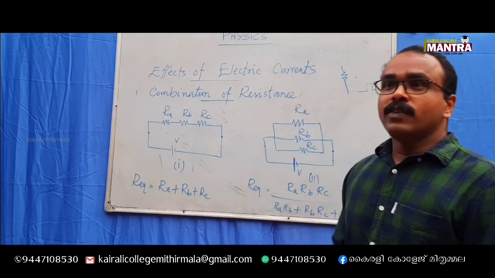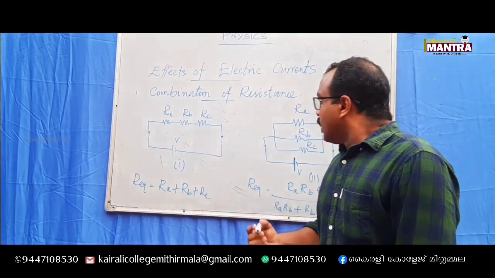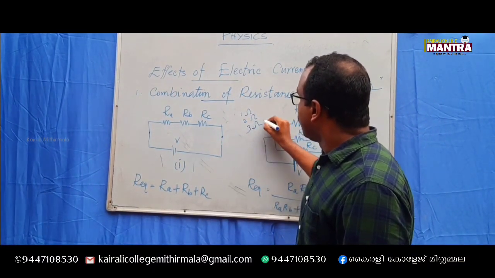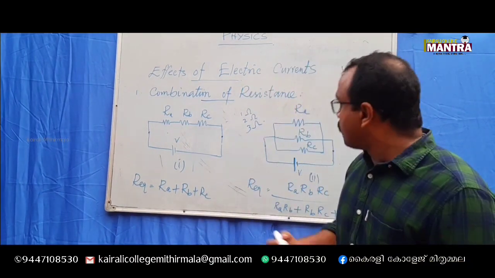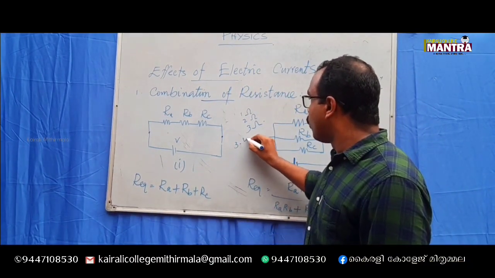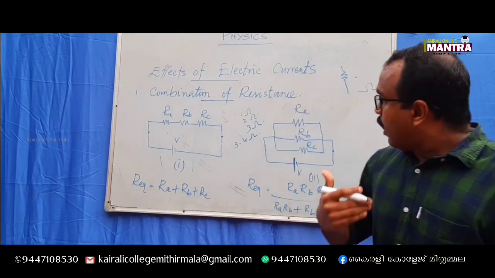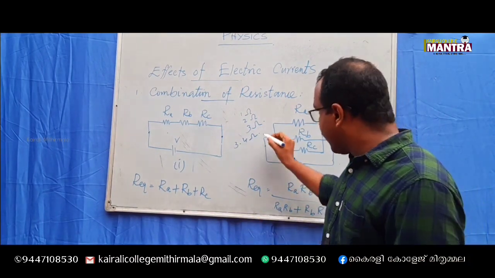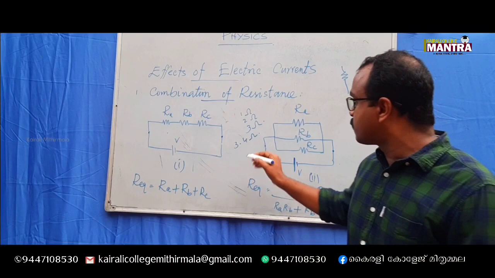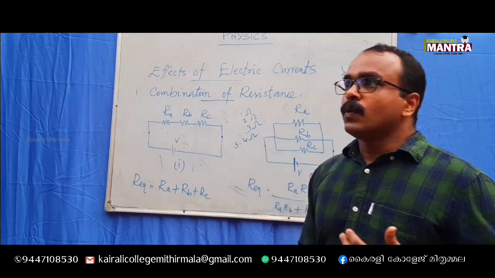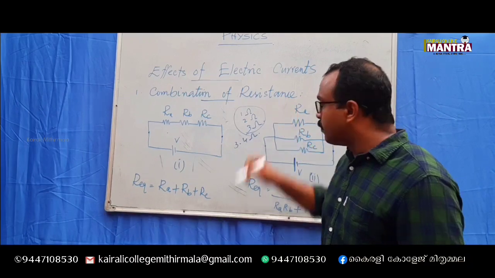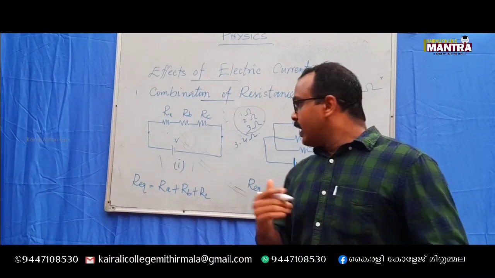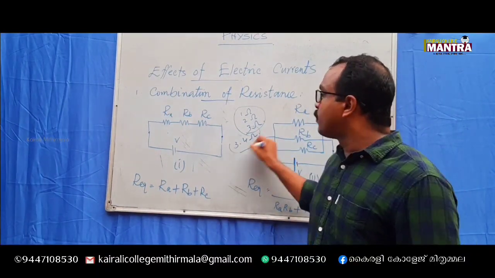And then the question is, why do we need combination of resistance? Suppose we have some resistance values like 1 ohm, 2 ohm or 3 ohm, and we would like to get some other value, 3.4 ohm. We have to get this exact value, 3.4 ohm. However, we don't have a single resistor with this particular value. So what we have to do is play with these available values, and arrange these resistors in such a way that finally the equivalent resistance is exactly 3.4 ohm.